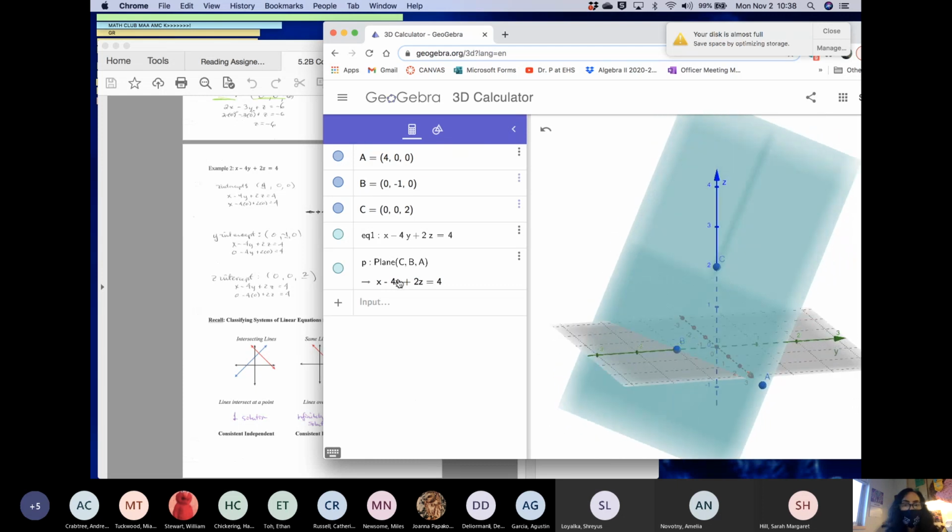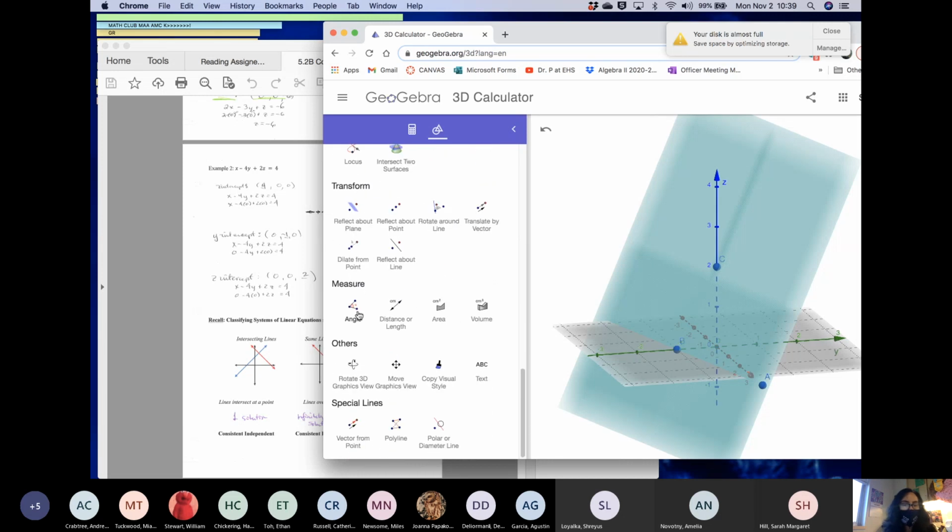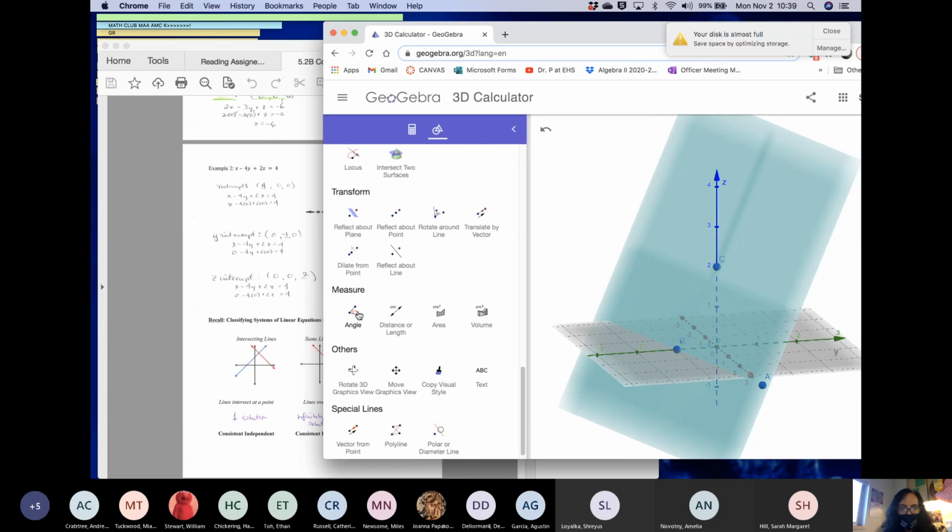How do you get the plane? Well, I typed in the equation. So you can type in the equation of the plane, or you can go to this symbol with the circle intersecting with the triangle, and you can say draw the plane through the 3 points, or you could come down to,